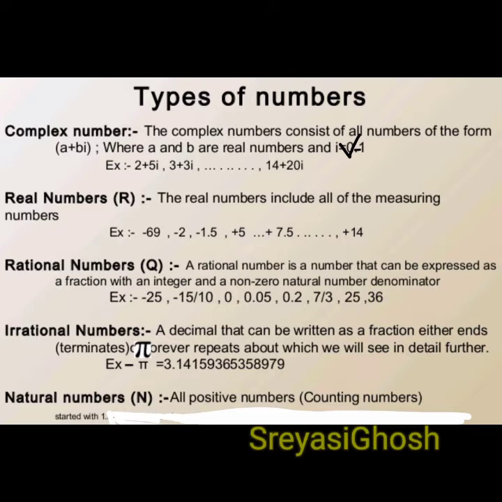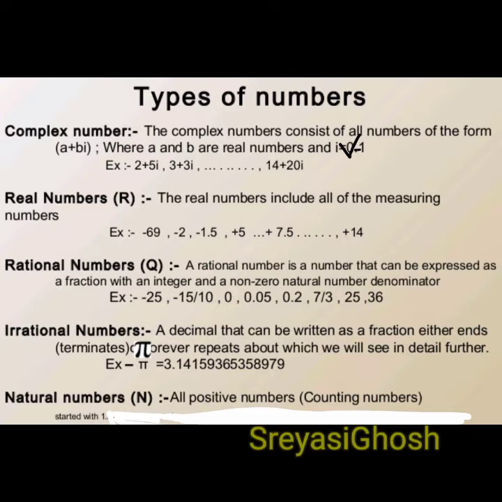Next, we come to rational numbers. Rational numbers are denoted in different forms. In few books, you'll find that it is denoted by capital Q and capital R denotes the real numbers. Now, rational number, what does it mean? Rational number is any such number which can be expressed in the form of m by n or p by q. That is a fractional part, it can be written in this form.